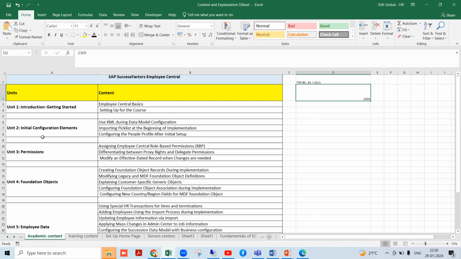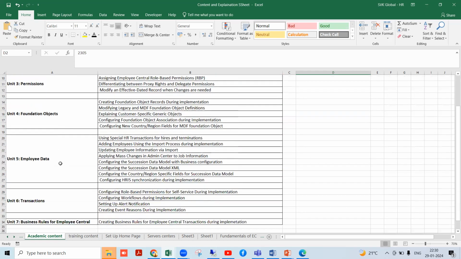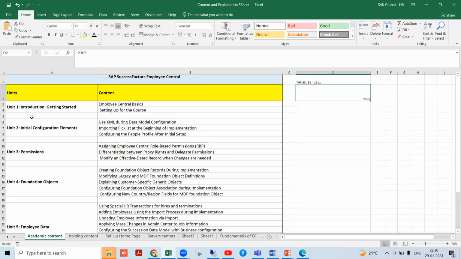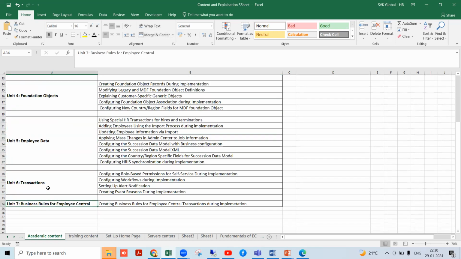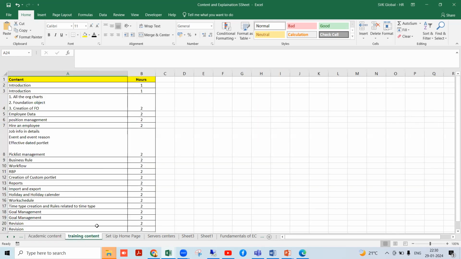Here, when it comes to employee central, we have 7 different units, and every unit reflects different contents. First is introduction. Next is initial configuration. Third, permission. Fourth, foundation object. Fifth, employee data, transactions, and business rules. To make it easier, we have segregated this module into 3 different parts. So first is like a